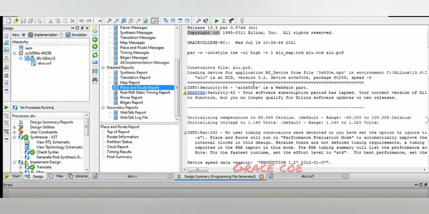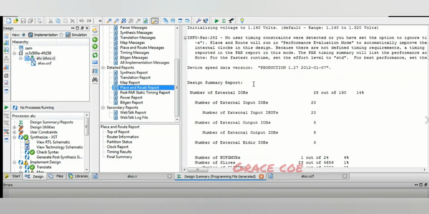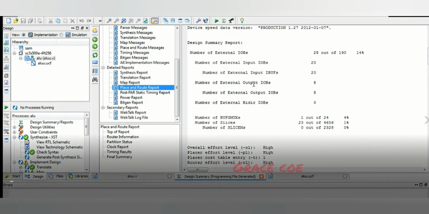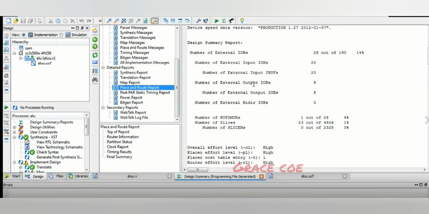So next is about the place and route design. After the map design is evaluated, the design can be placed and routed. One of the following two algorithms is performed here. One is the timing driven place and route, where the process is run with the timing constraints specified in the input netlist or constraints file.